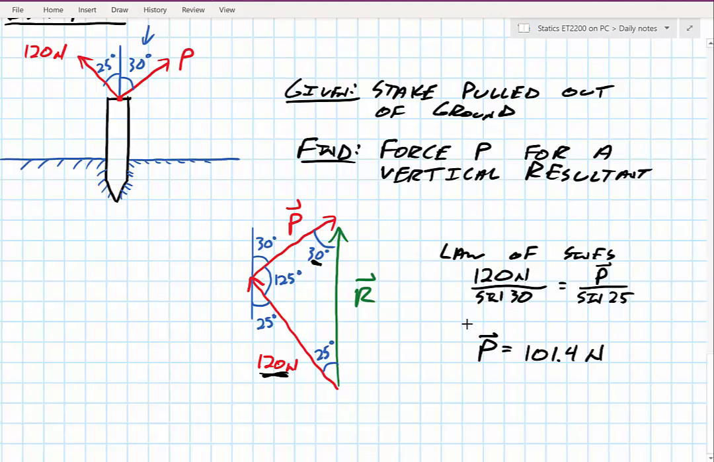newtons. So that's a brief introduction into this addition and resolution of forces,